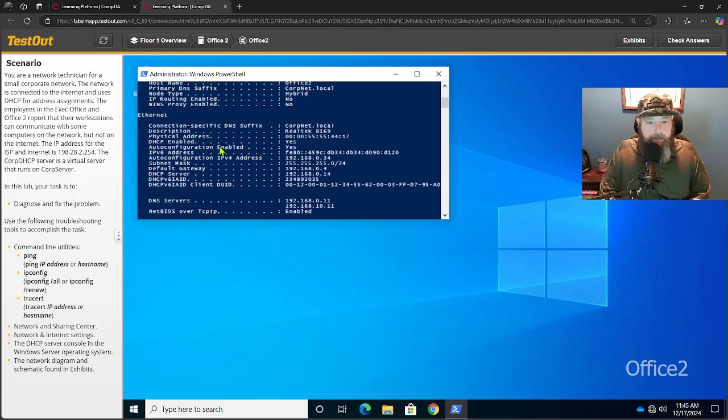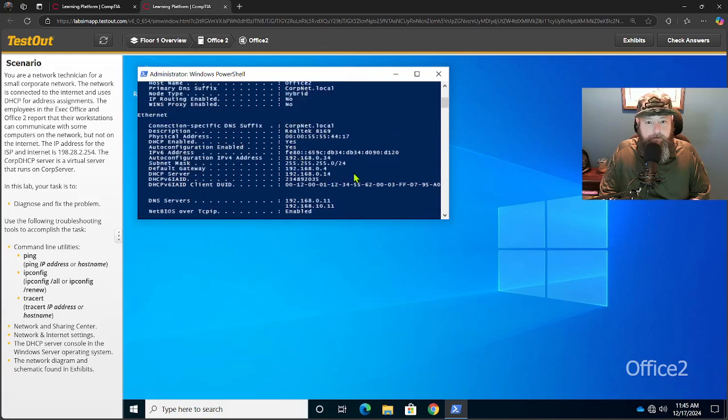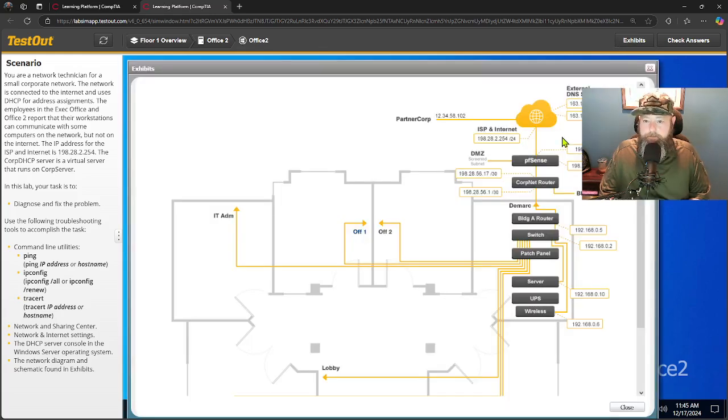Okay, so DHCP is enabled on this computer. DNS servers. Okay, let's look at our exhibits. To get to the internet, we're going to have to go through the building A router, which is our default router,